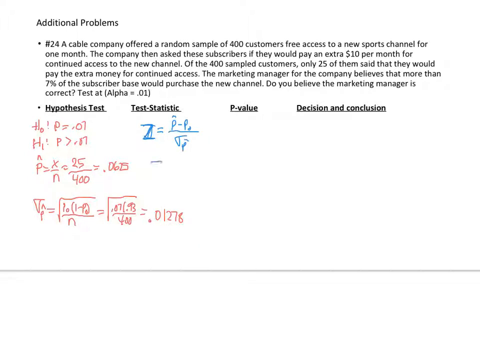And in this case, Z is equal to p hat, which is 0.0625, minus 0.07, and this is divided by 0.01278,